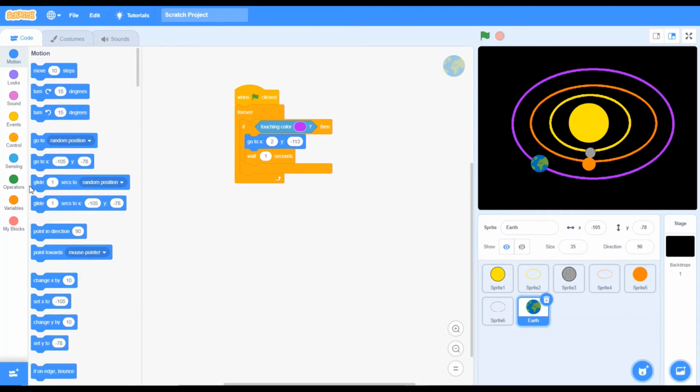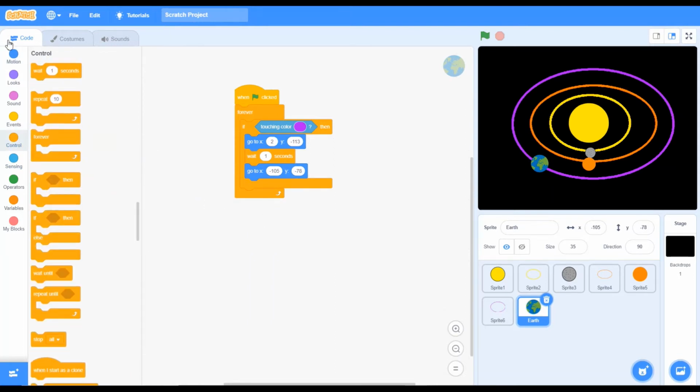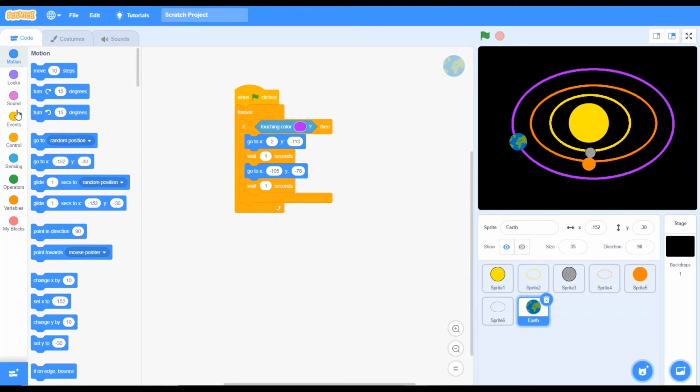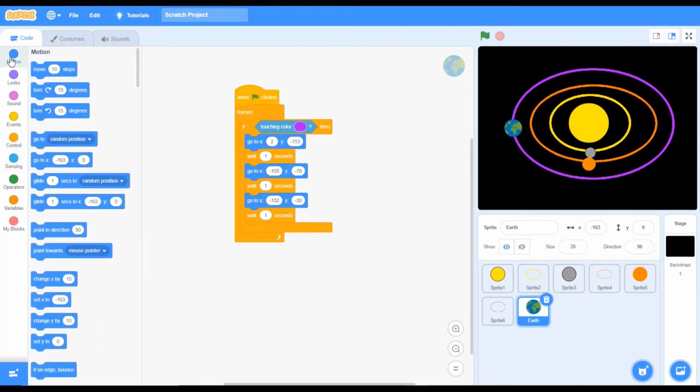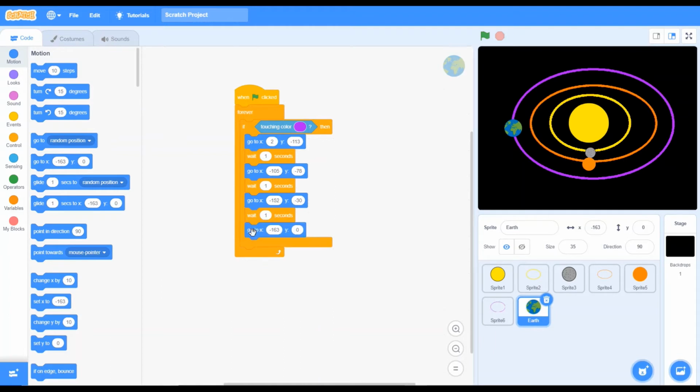Again, welcome. In Earth, we will not have much to do. We can just go here and wait 1 second. Come here, bro. Then we want to go here, almost near this central point. Here, yes. I will go again to the motions. Then go here. Wait 1 second again as always. We will go here.